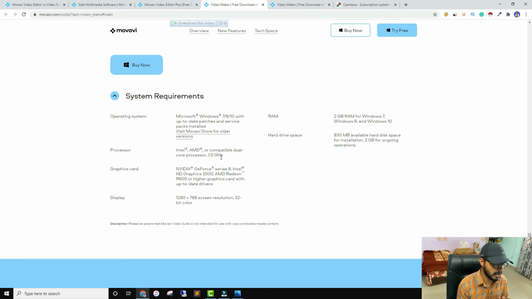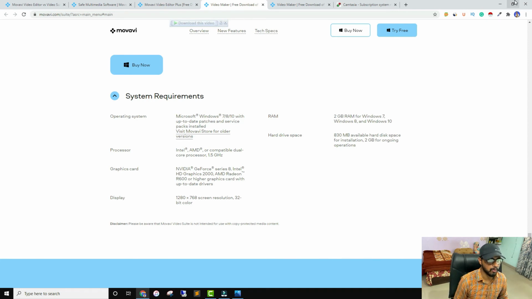And I have tried it myself. So there are a lot of features, for example audio synchronize, that I love. I think the biggest limitation that you can find is keyframe. So you will not get custom animation, you can't do it inside Movavi. Otherwise you will get everything, you know, custom text template, transitions, whatever you want to do. So it also has a screen recorder if you go with the Video Suite only. If you go with Video Editor Plus, then I think you are not getting the screen recording feature.